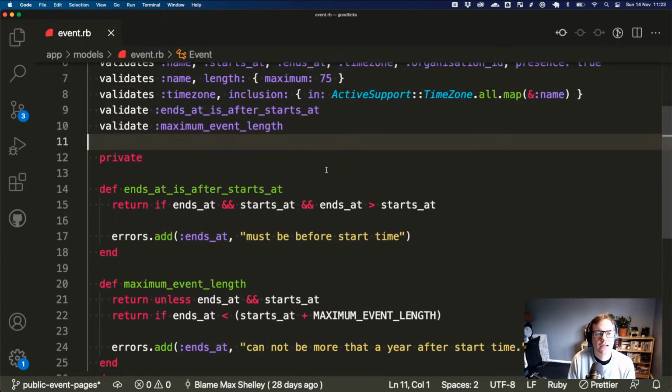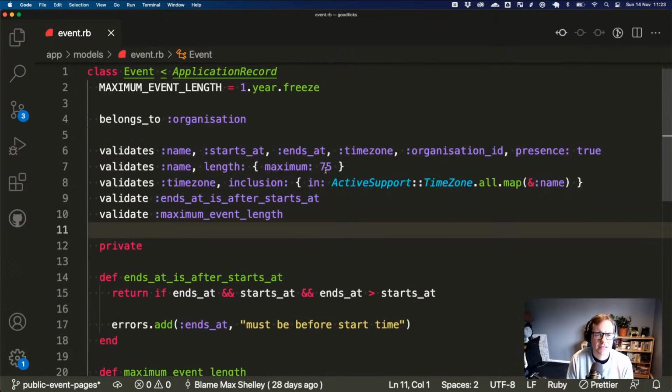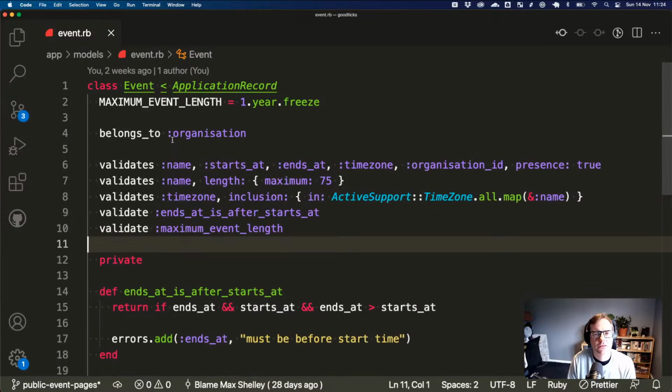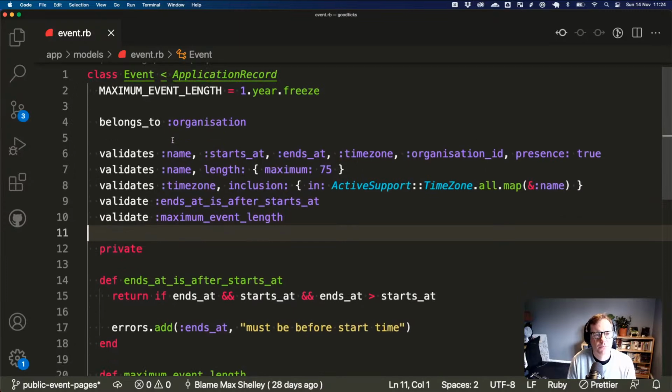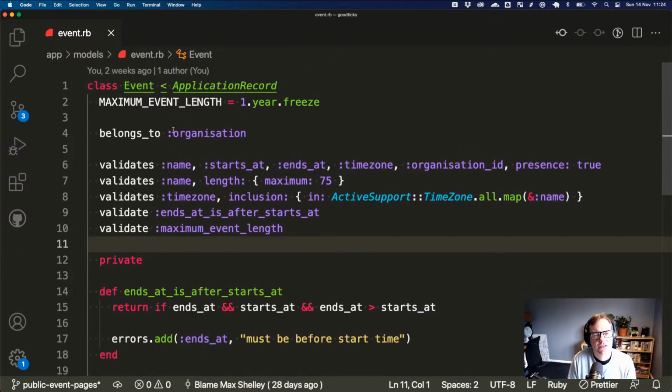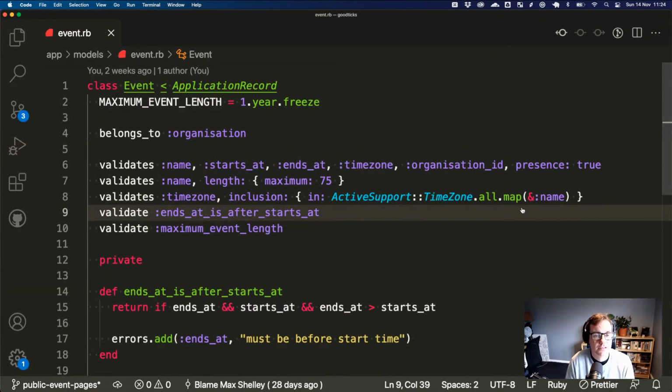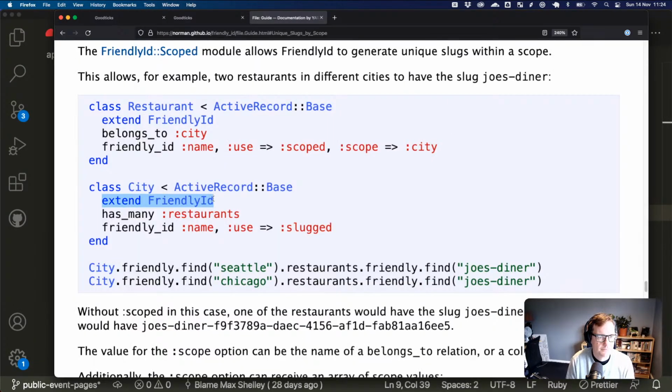So you can see how early we are in this application, it doesn't do anything. Just how these kind of models really get, even readability wise, even if you start to extract this out into includes, there's already just so much going on with these kind of key domain models. Even when really well constructed, it's just tricky not to have a lot to take on when you look at them. Okay, so we are looking for extend friendly ID.